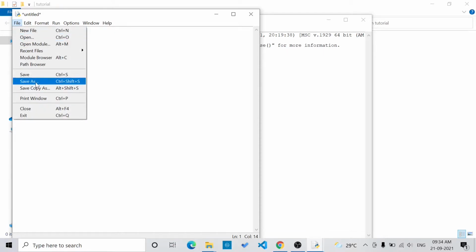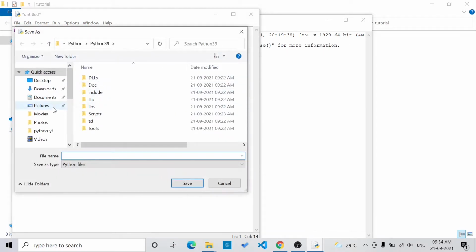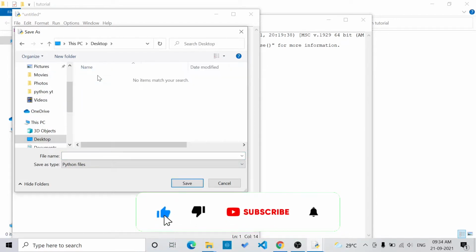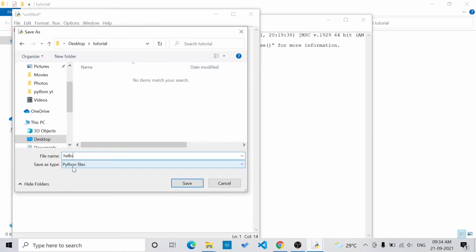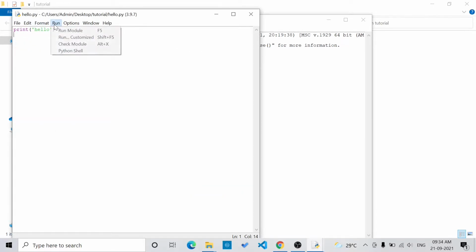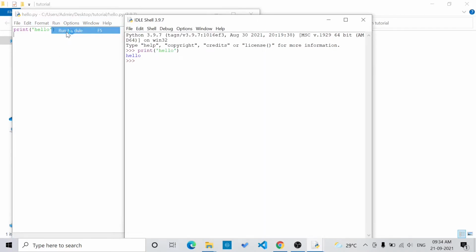We'll go to File and save it in desktop tutorials, and we'll name it hello, and the file extension will be Python file, so it will be hello.py. Now we can directly run it from IDLE by pressing F5 or by clicking Run and Run Module,